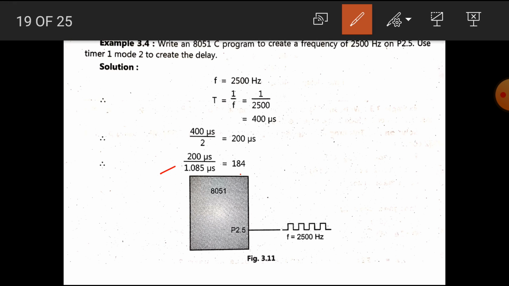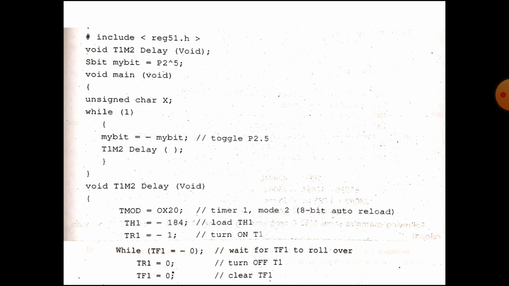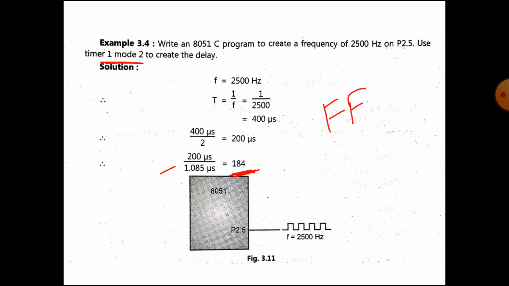1.085 microseconds. We get the calculation here as 184. Remember here that we use timer mode 2. Timer mode 2 is the auto reload mode timer, and in this timer the maximum count value is FF, only FF. Okay, I hope you all understand this concept. Now